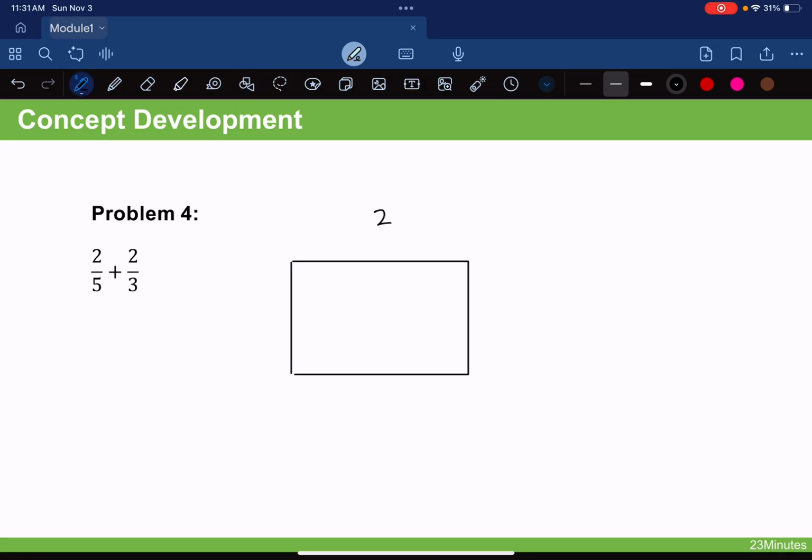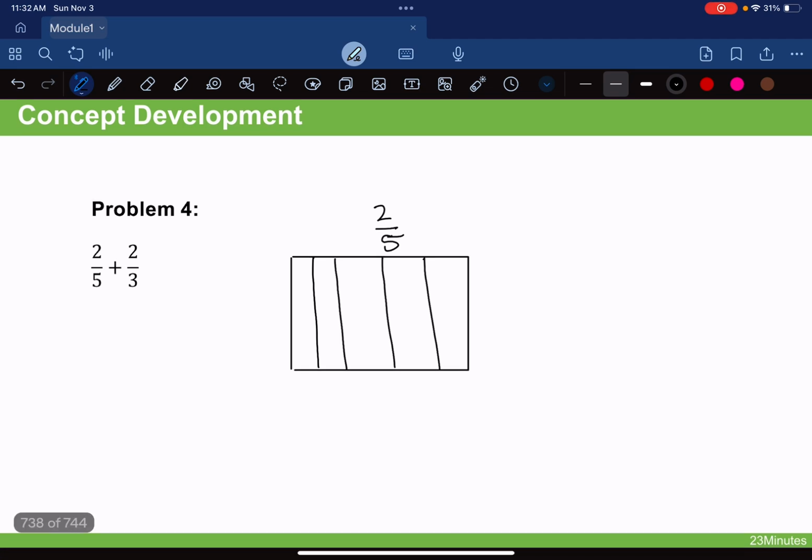My first fraction, 2/5. I have 5 parts. My parts aren't exactly equal here. It's not going to be necessarily perfect. But make sure that you have 1, 2, 3, 4, 5 parts. Always count it because you might end up with 1 too many or 1 less than what you need. I need a total of 2 shaded in. So 1,